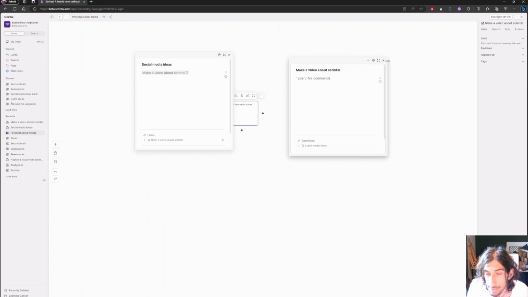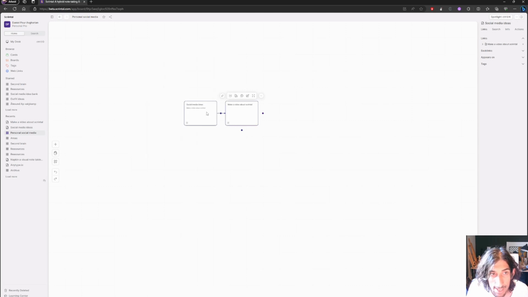I will write it inside of here. So that's how I would set this up. And as you can see, the visual links between these two. And I would do this for all of my different ideas, or all of my different social media ideas, and I could remove them once I'm done, and move them